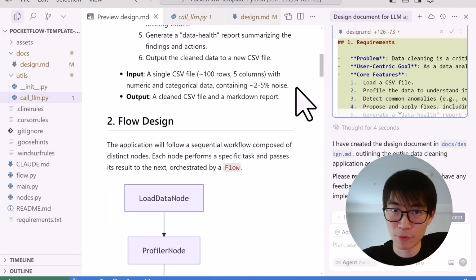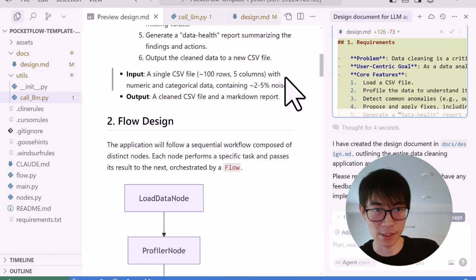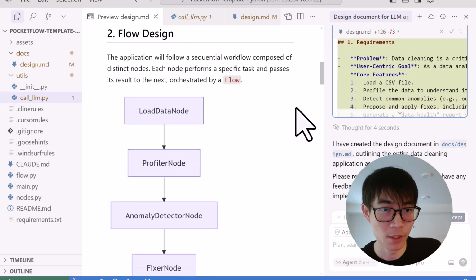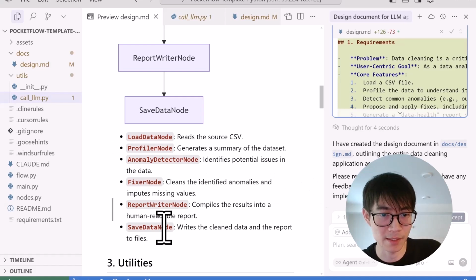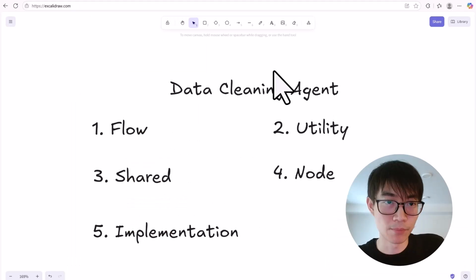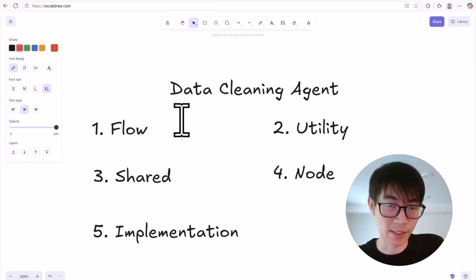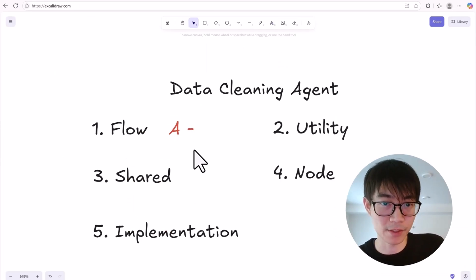All right, let's start by reviewing the flow design. So this is essentially a sequential workflow with 6 steps here: load data, profile data, detect anomaly, fix the errors, write the report, and save data. This at a high level makes sense, but I would say the load and save data steps are not necessarily included as a workflow. These are just very simple steps that can be performed in the main file and the post-processing steps here. But besides that, I think the high-level design is good, so I will give it an A- for the flow